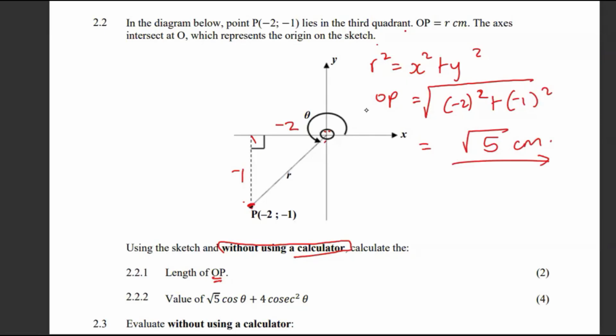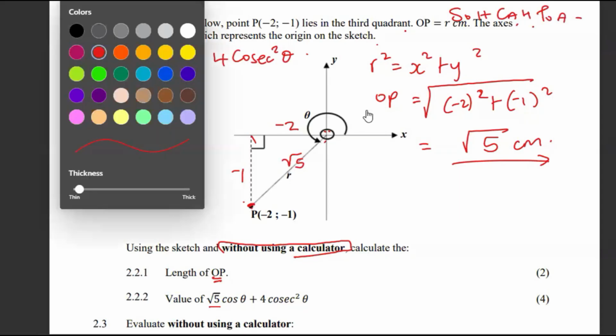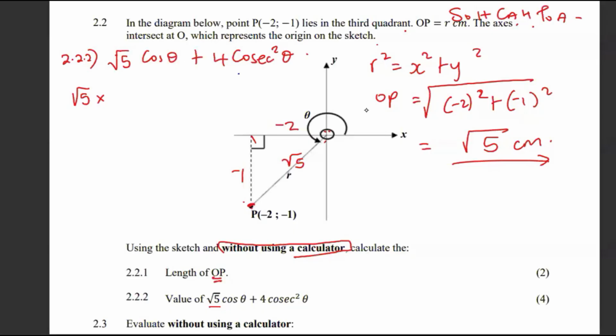2.2.2, they want us to get the value of root 5 cos theta plus 4 cosec squared theta. So if this is root of 5, we're saying root 5 cos of theta plus 4 cosec squared theta. We know that cos is adjacent over hypotenuse from our SOHCAHTOA, meaning that we're going to have the adjacent, which is -2, and the hypotenuse is the square root of 5